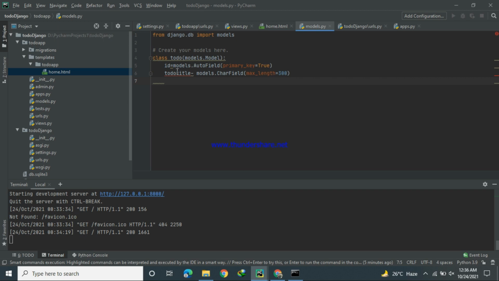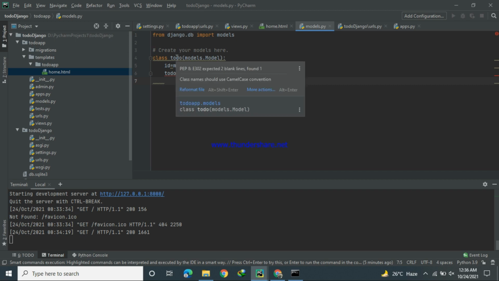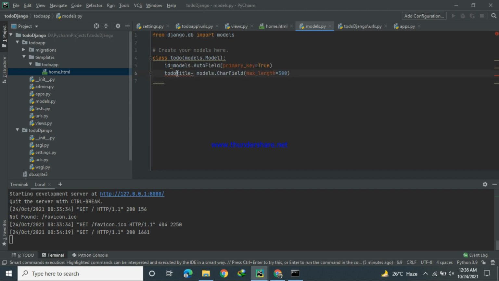What is the problem here? Rename reference. Because our class name is also Todo, I will remove this Todo and it will remain as title.